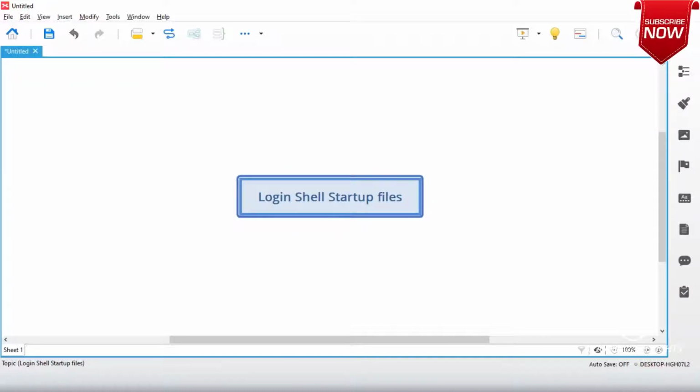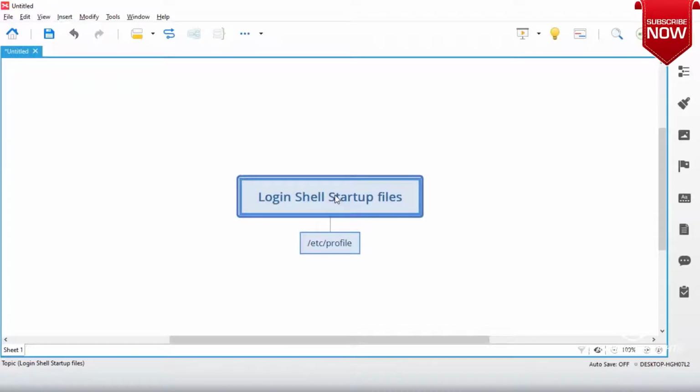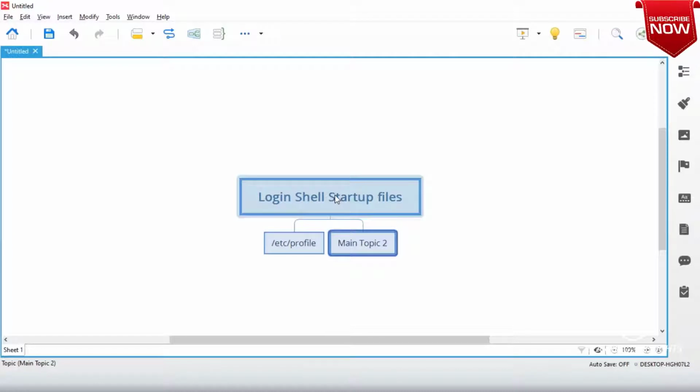So whenever you use SSH, the first file that gets loaded is /etc/profile. Am I clear on this?